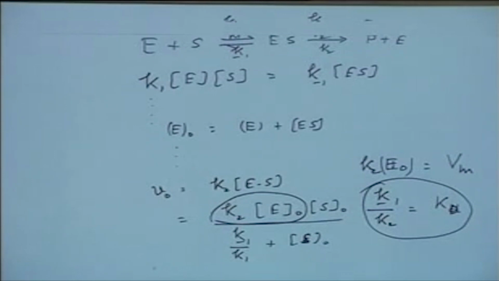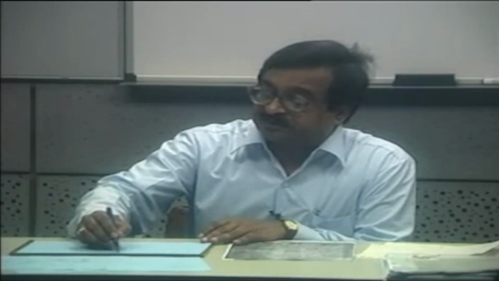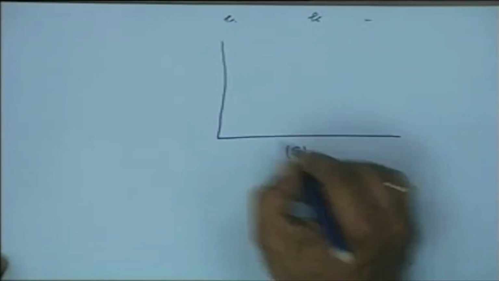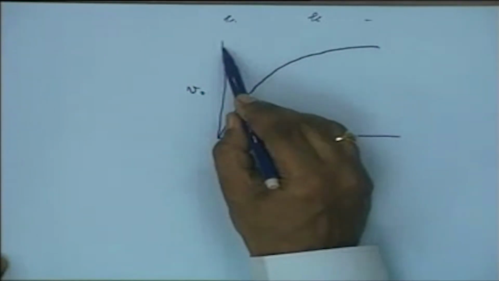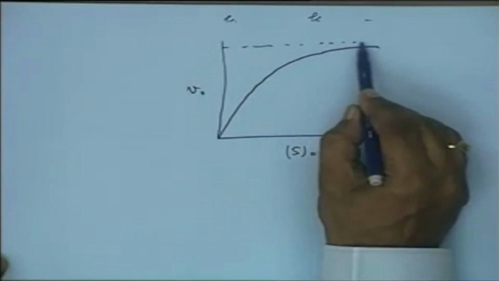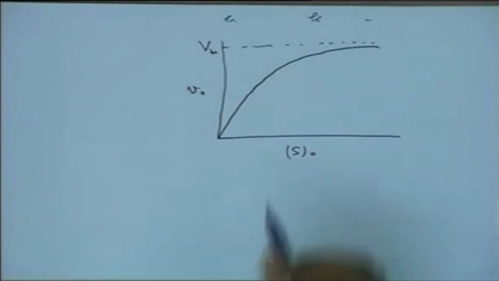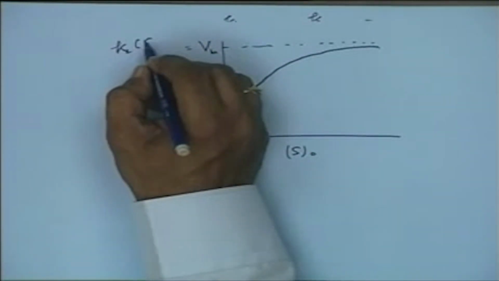He only proposed that this is a dissociation constant of the enzyme substrate complex, and the graphical representation of such a reaction will be substrate concentration versus initial reaction rate. It will follow a saturation behavior where the saturated reaction rate reaches a value of Vm, which is essentially nothing else but K2E0,